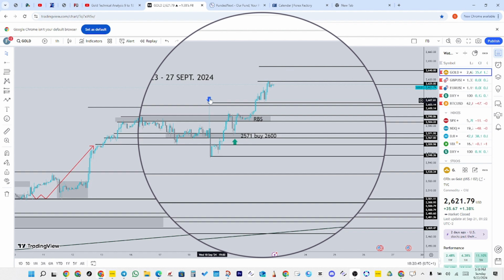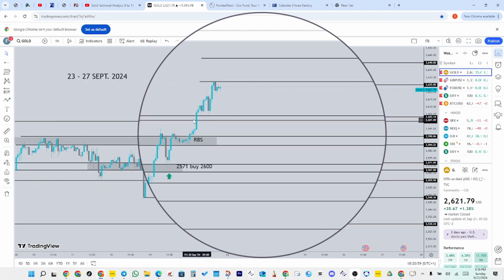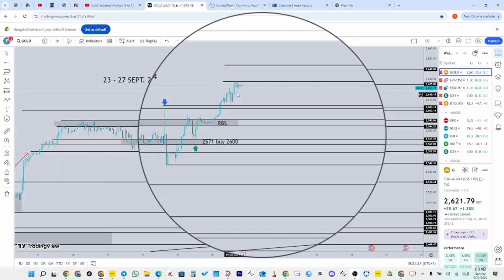You guys can attest to the fact that I wanted this place to be a sell zone. But the reason why I asked you to wait is because this candle momentum broke the zone. So after breaking the zone, I was expecting a retest and then a target all the way to 2625 or plus or minus 2640. So these are the areas I was actually working around.